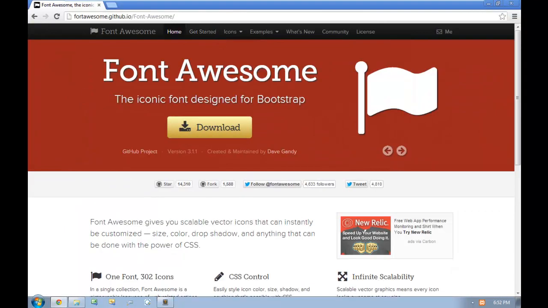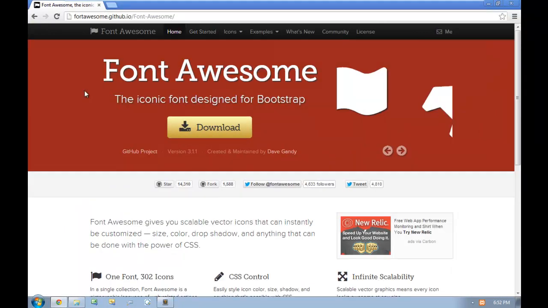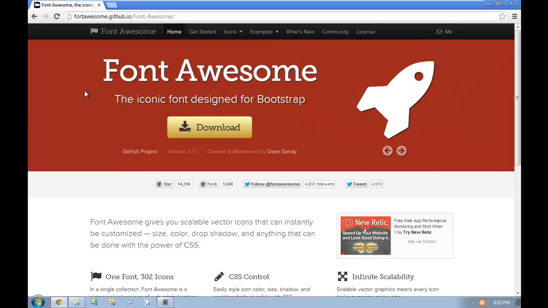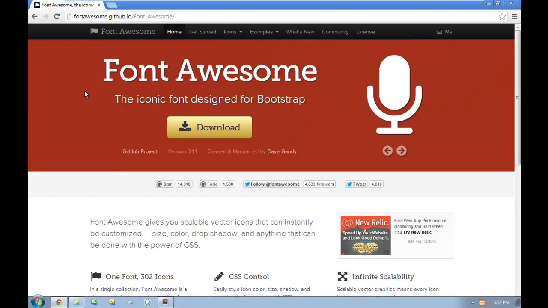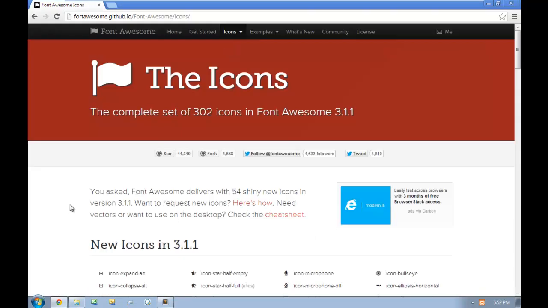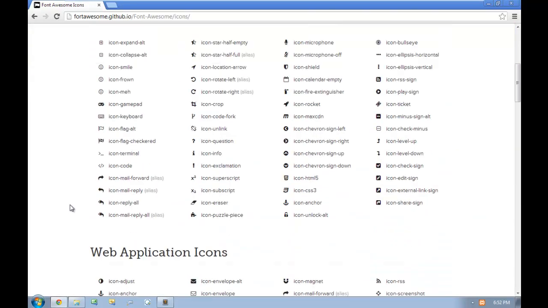One of the most common things that you will run into in CSS and web design is the need to have icons. There are a lot of free open source icon packs available on the internet, but one that I found in particular that stands out is Font Awesome, for a variety of reasons. First of all, Font Awesome isn't actually technically an icon pack. Font Awesome is a font,